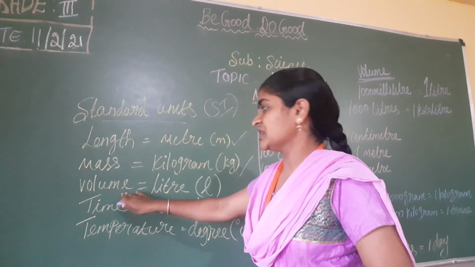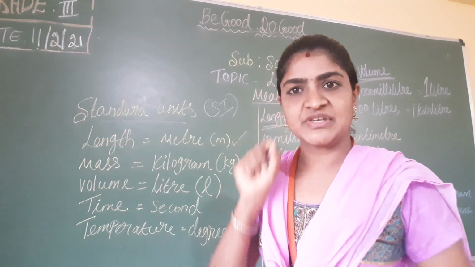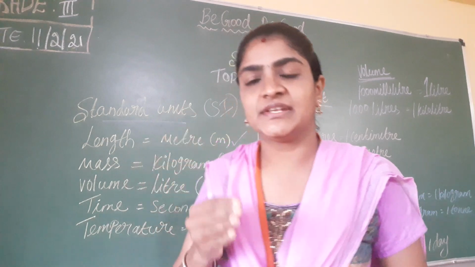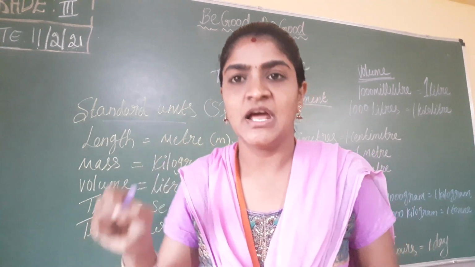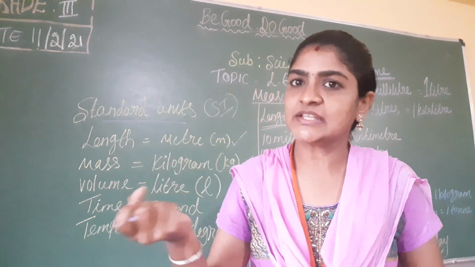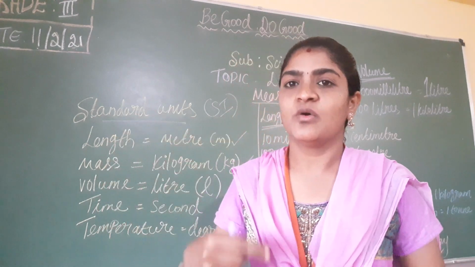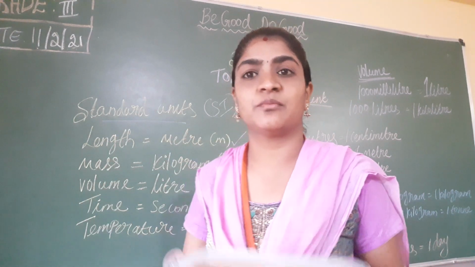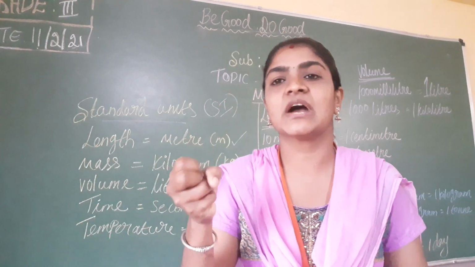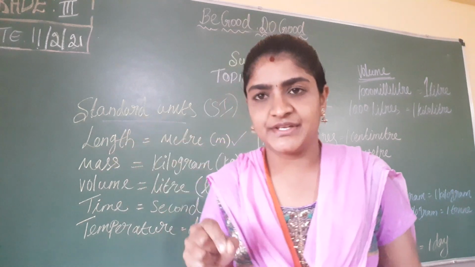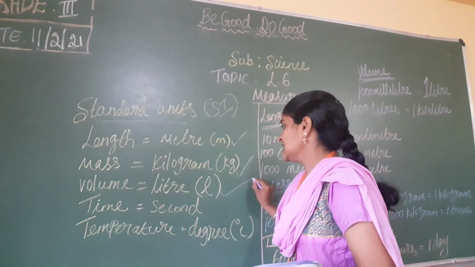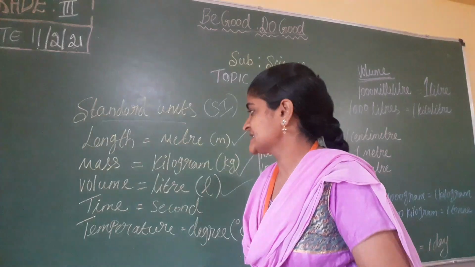Next, volume. Whatever liquid there is, they measure in liters. They have a certain instrument, like a half liter, 1 liter capacity, 200 ml, 100 ml containers. They will measure and give oil or milk, whatever we want to buy. On the roadsides they come home to give cow milk. They have a certain container with a particular volume, like half liter, 1 liter, and they measure and give it to us. So that is called liter, and it is indicated by L.